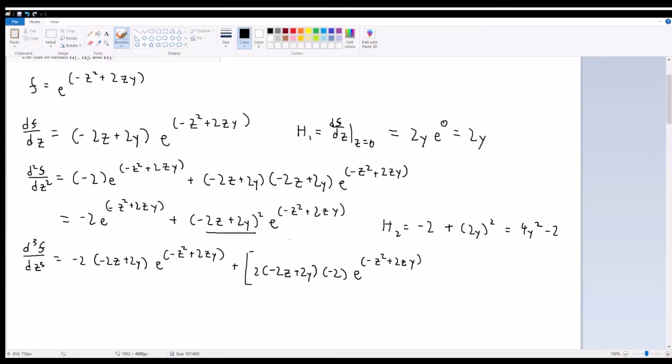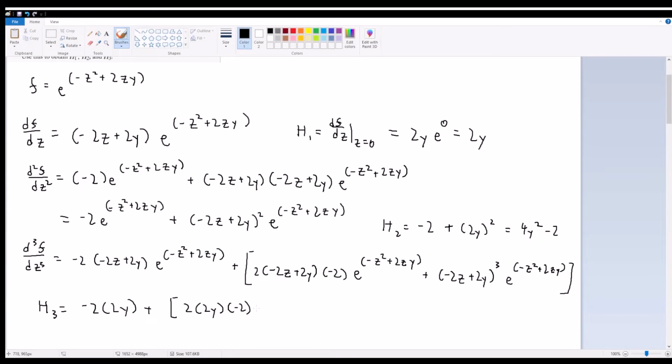So that's box prime times triangle, and we're adding triangle prime times box. So plus negative 2z plus 2y multiplied by negative 2z plus 2y squared, which is going to give us this cube times e to the power of negative z squared plus 2zy. And then H3 is going to be this evaluated at z equals 0. So this is going to give us negative 2 times 2y, and then this exponential, which doesn't matter, added with 2 times 2y times negative 2, and then e to the 0, which is just 1, and then plus